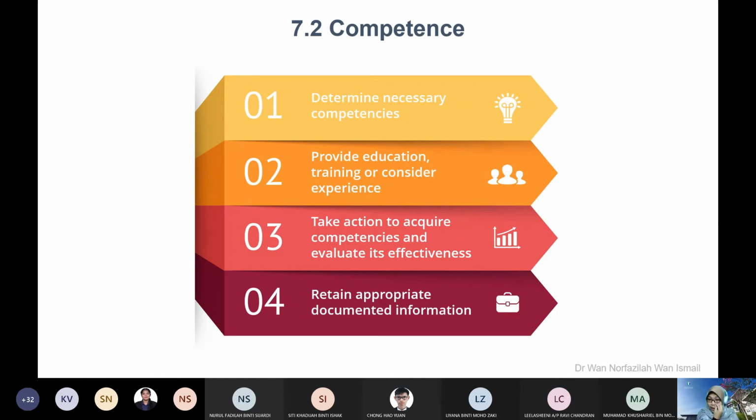That's why I'm telling you now, if you want to find job in future, please consider company that is certified with ISO 9001. InsyaAllah, they are giving you a good environment. Okay, tapi tak semualah.